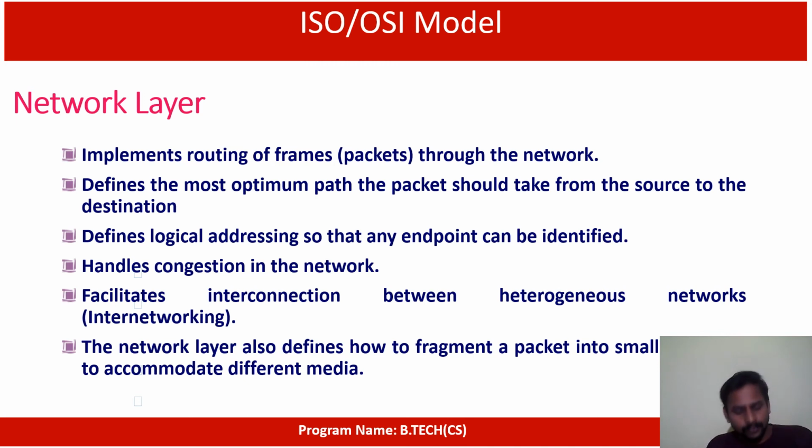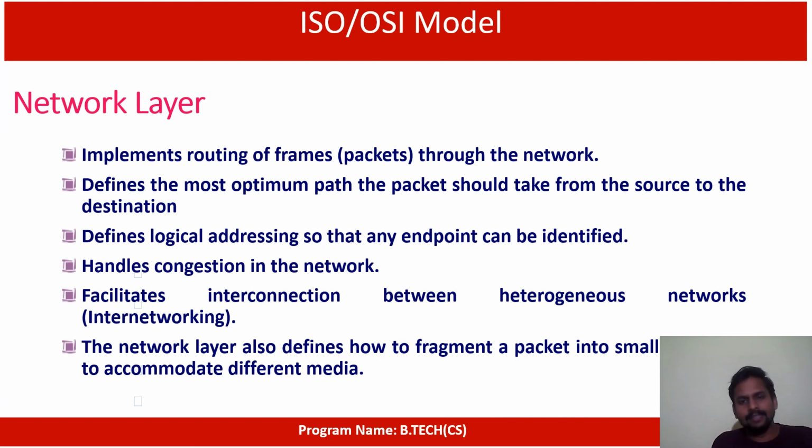If you are thinking about the network layer, we receive packets. That means the raw bits from the physical layer are grouped into frames at the data link layer. Then from the data link layer we get the frames, and in this network layer we convert those frames into packets. Each frame will be made into unique size chunks. These chunks are called packets. So we created a packet now.